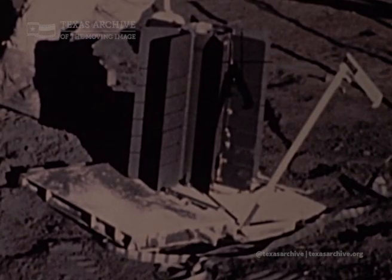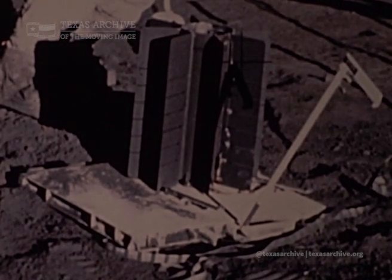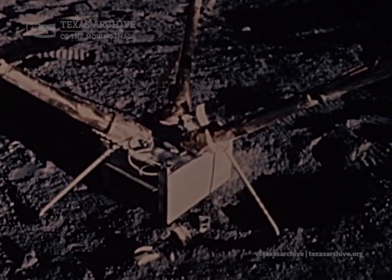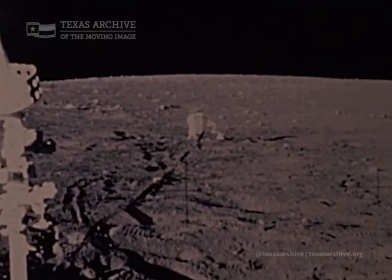Power is provided by a radioisotope thermoelectric generator capable of producing a minimum of 63 watts of usable power for 2 years. A passive seismic experiment, a lunar surface magnetometer, a solar wind spectrometer, a lunar ionosphere detector, and a